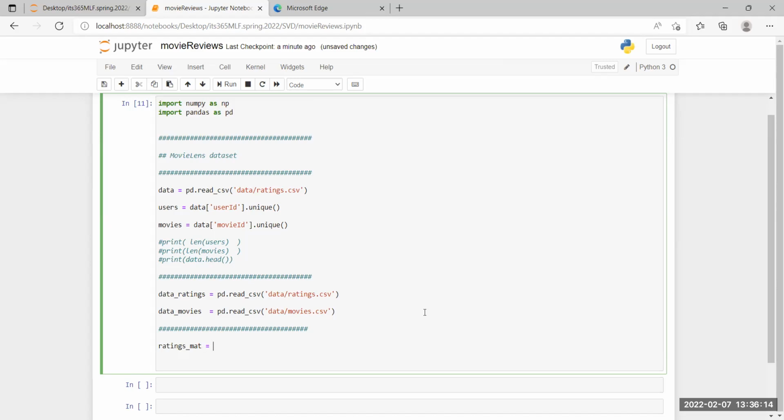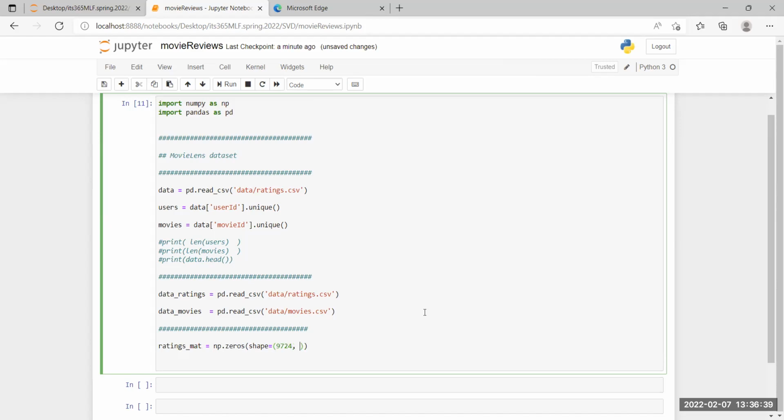And we can just initialize it as a NumPy array. So we're going to say NumPy zeros, right? And then we can just specify the dimensions that we want. So the shape is going to be